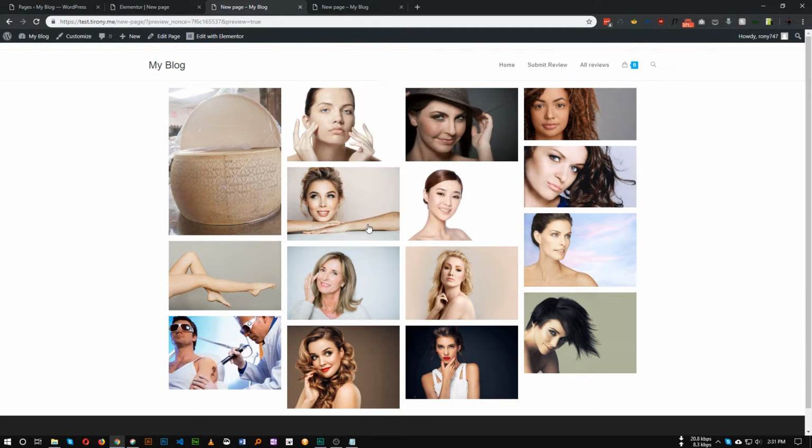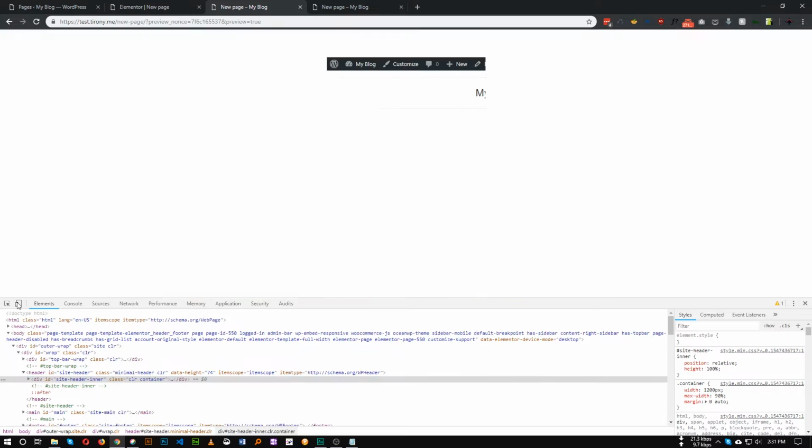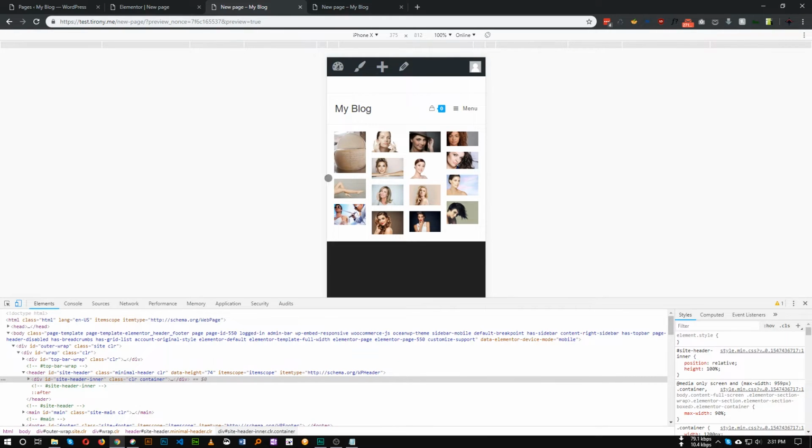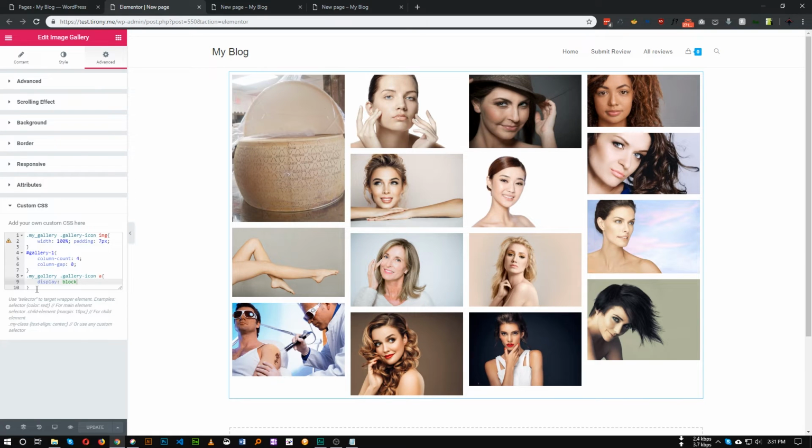If I go to the responsive mobile view, as you can see on mobile, it's 4 columns now, but we need to show 2 columns on mobile or 3 columns on tab. So how can we set that? You can set that easily with a CSS media query. So add media